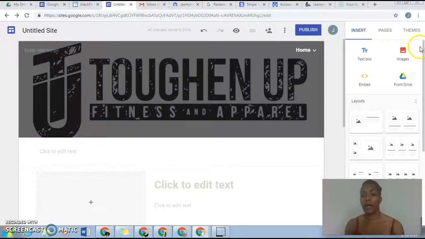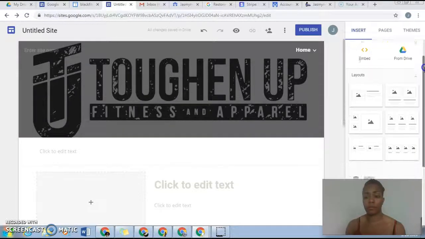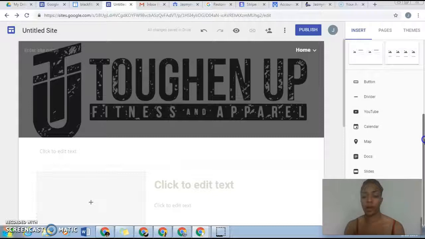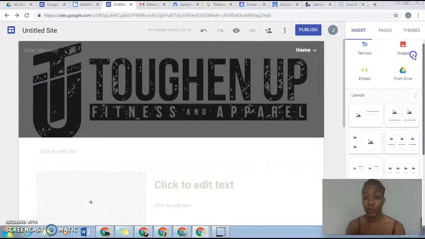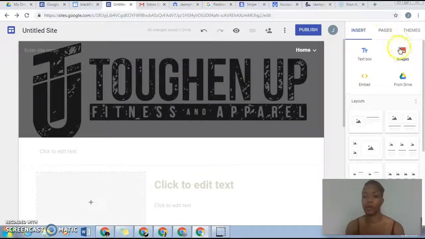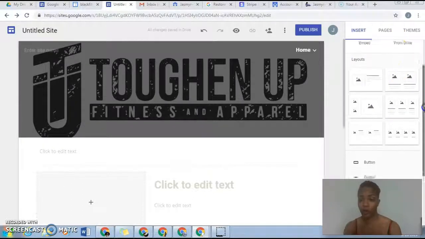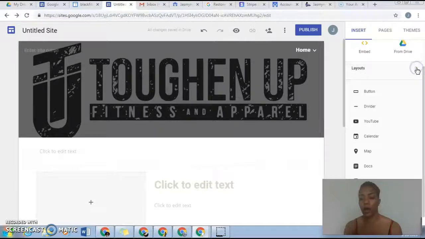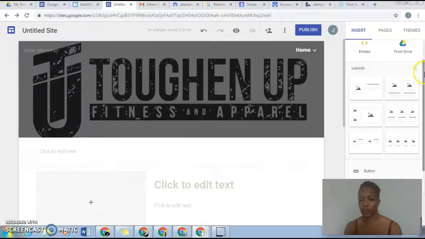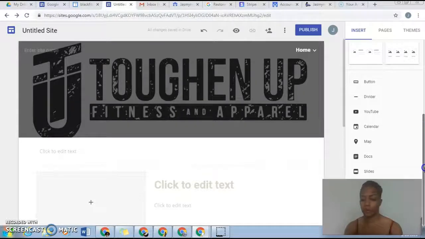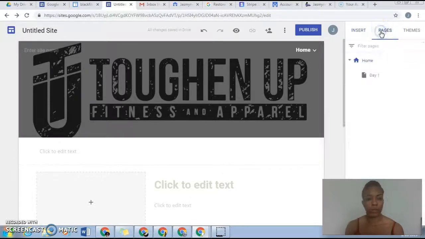Alright, so that's pretty much it. If you want a little bit more, then we can do a little bit more. But that's basically it. You have your insert box where you're going to insert everything that you need or want. You can minimize it or maximize it as far as the layouts, your different buttons, your different pages. Here's where you would add certain pages. And yes, you always want to go up here and you always want to title